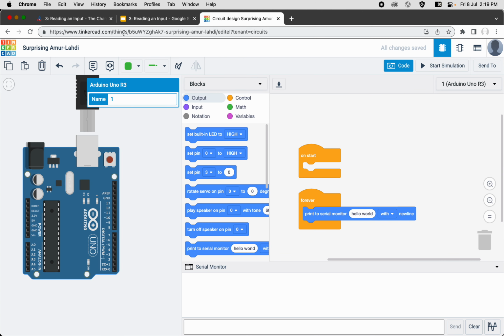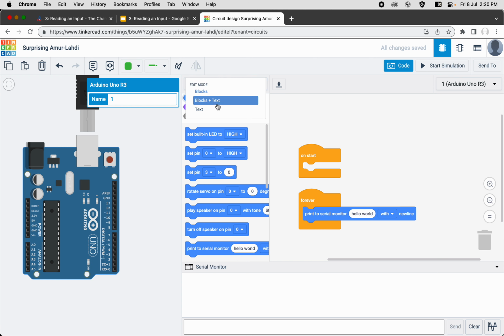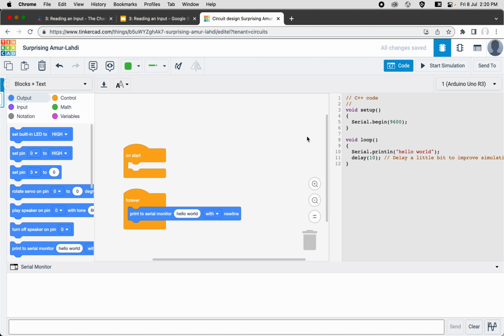So we can maybe take a look at this first. There's nothing here, so we just start the simulation, and it will actually just start to print out hello world in the serial monitor. I'm going to stop this and clear out, then explain the code. What Tinkercad will do is that when you put in one block like this, it will declare for you